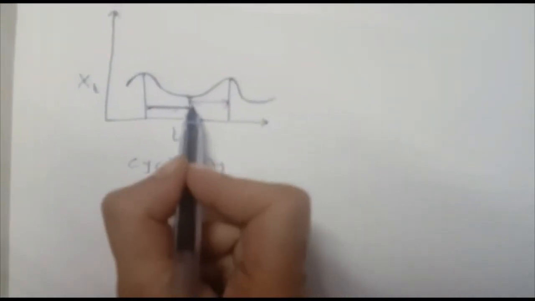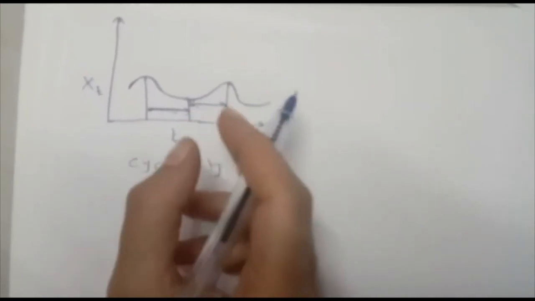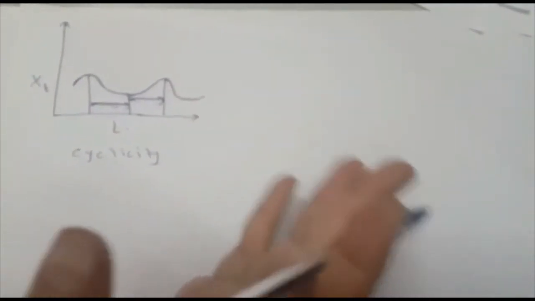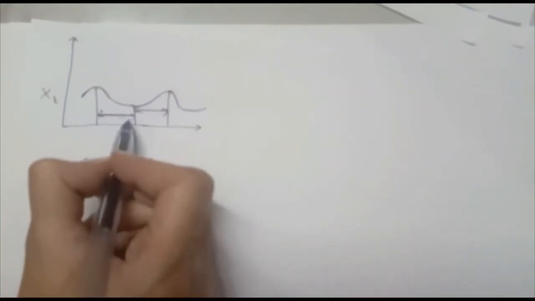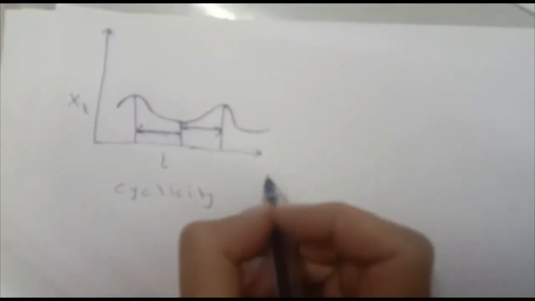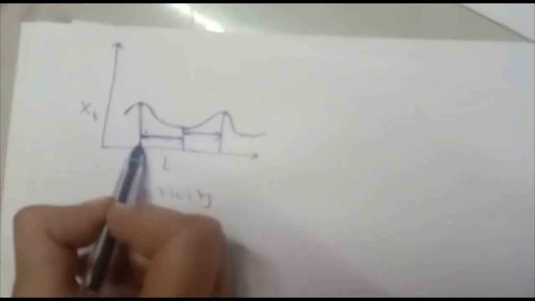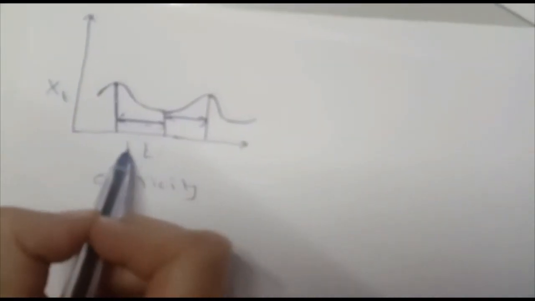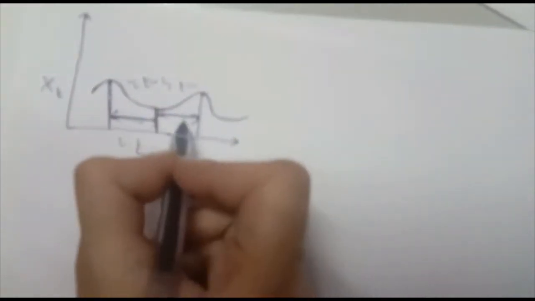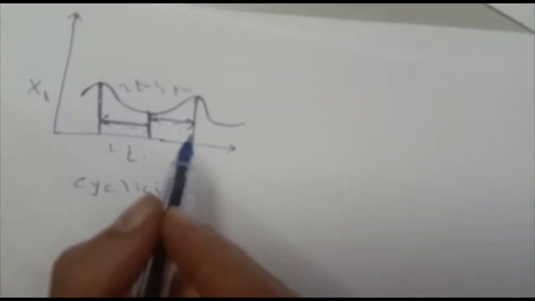In seasonality, what happens, this time span is same, that is after some particular time the pattern gets repeated, means after a fixed time, the winter and summer get repeated. So this time span is same in seasonality, but this time span is different in cyclicity. So we can give an example of business cycle. For example, at some point the business will be at its highest value, but after 2 to 4 years, let's say in this case 2 to 4 years, the business gets declined, or after again 1 to 2 years the business will get increased. So this happens in case of business cycles. So this is known as cyclicity.